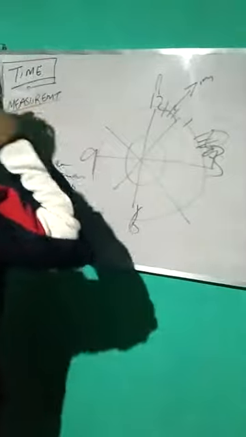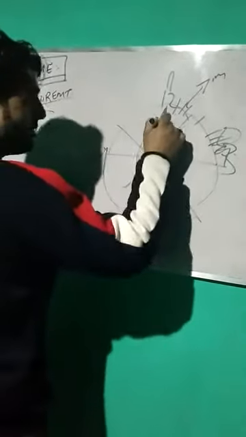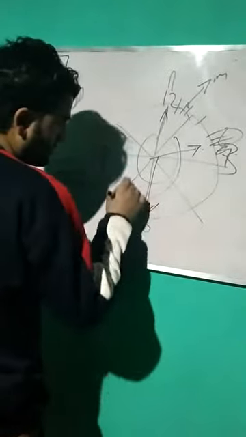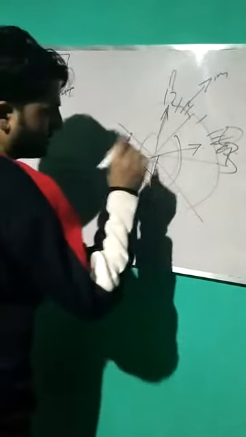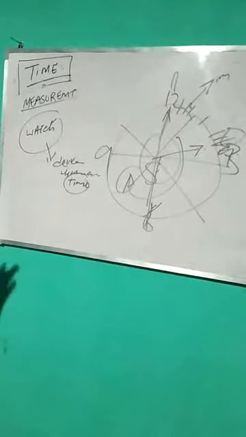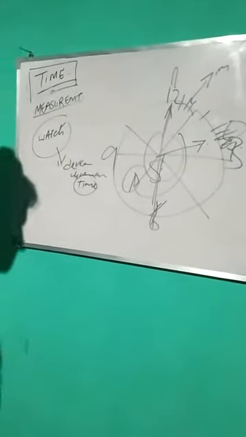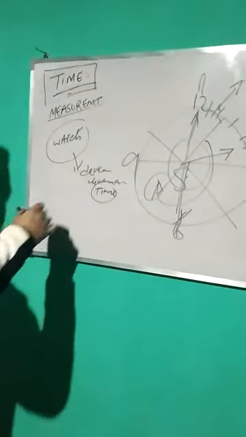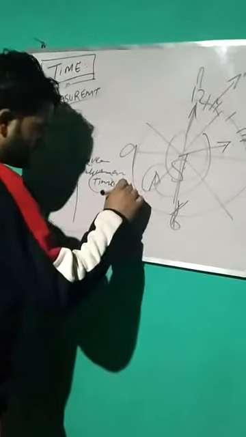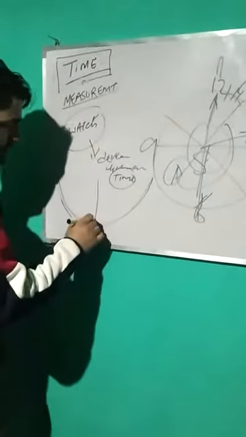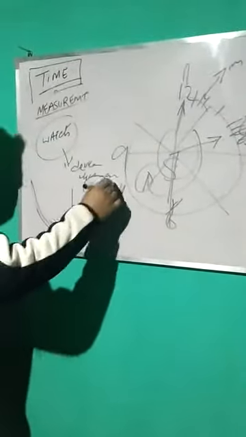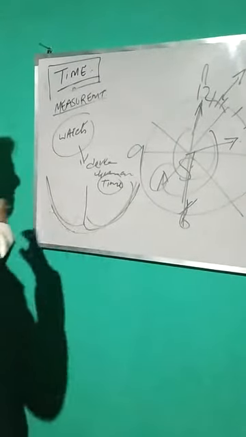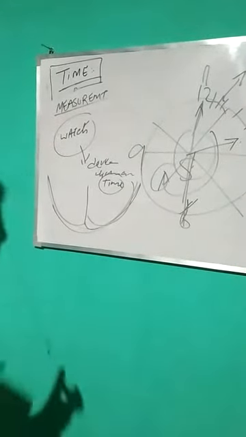It has got 3 clocks. First represents hour clock, second represents minute clock, and third one, which is in continuous motion, it represents second clock. Same what we have discussed in the pendulum form. Only the principle is different, that mean position, extreme position, back to mean position, and extreme position, back to mean position. This is the main difference between your pendulum and the watch.